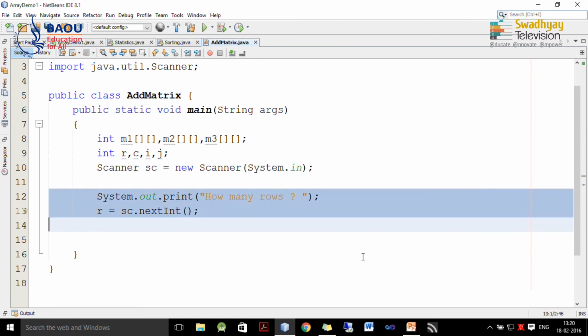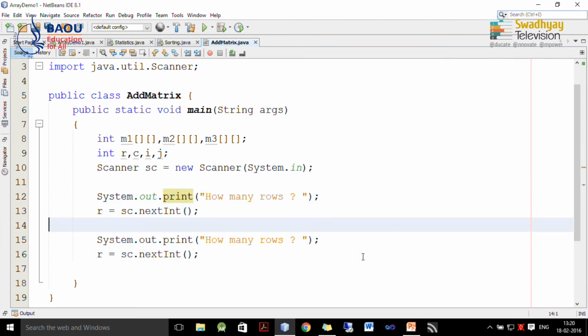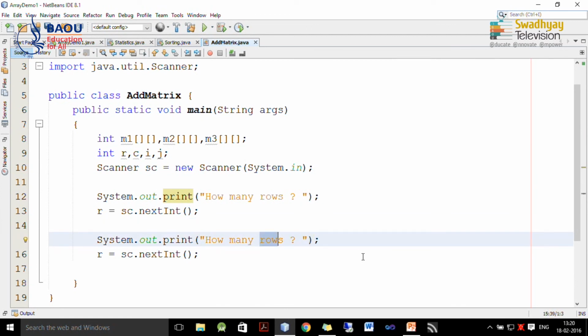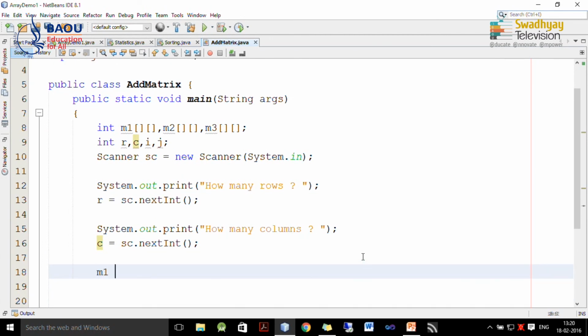Similarly, we ask user to enter number of columns in each matrix. So, here I write down how many columns, and whatever value entered by user will be stored inside C. And next we allocate memory for these matrices. Our type is integer.